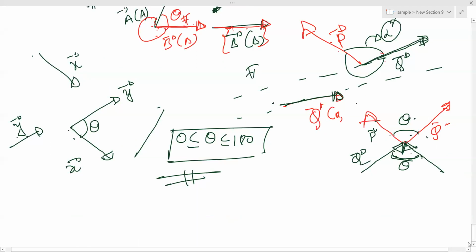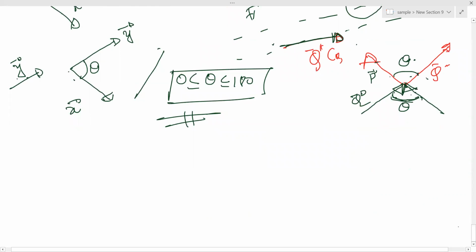So the angle between the vectors, shall I note it, sir? You can note it or you can remember it. It's up to you. That means it's not a definition, but in your mind you should be able to understand that if head and head is there also, you don't need to shift them again. Directly you can find the angle.